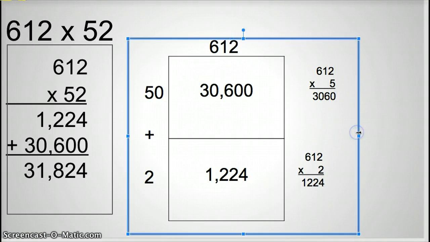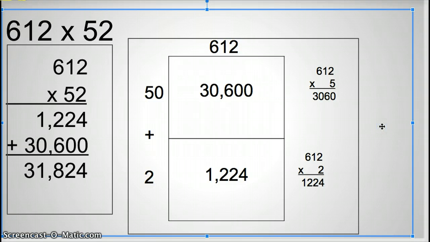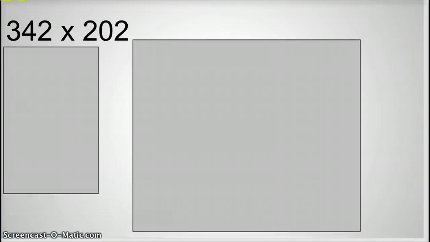Let's expand this out a little bit. Area model, and I didn't really show the work for adding it on the side because it's right here. But you would add 30,600 plus 1,124, which is the same as what you have over here. So your answer should have been 31,824. So the next one,